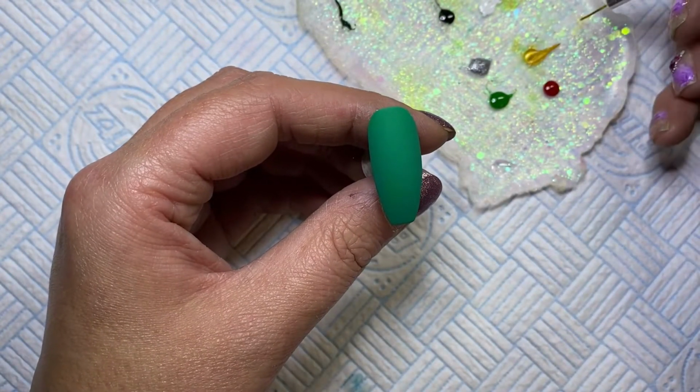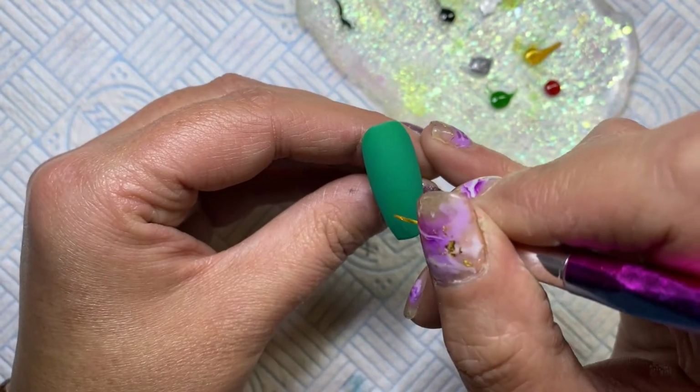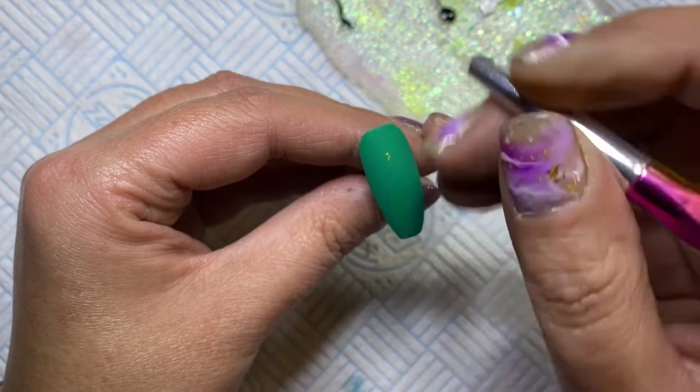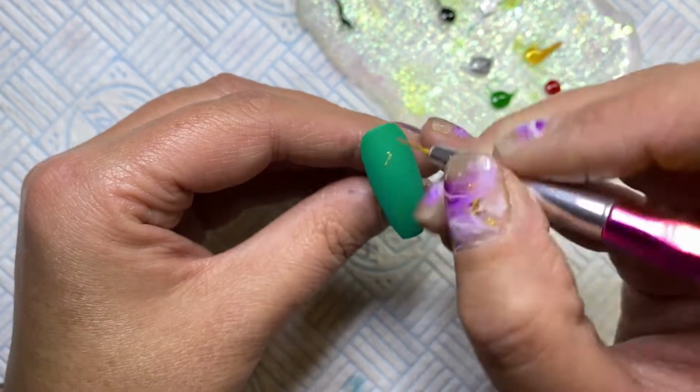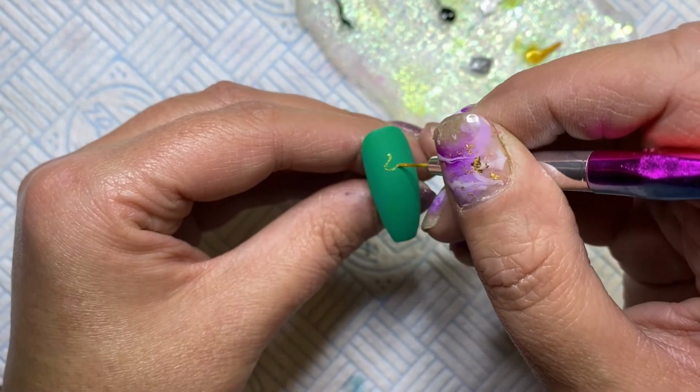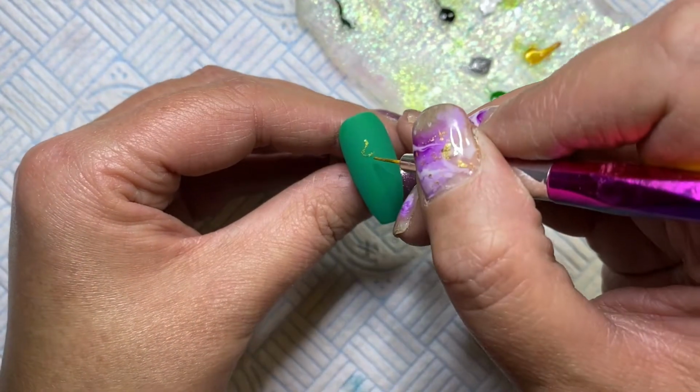So I've used Perfect Green from Madam Glam. I only gave it one coat, it's all it needed. That stuff is amazing. And then I've just gone over with my matte top coat, and now what I'm going to do is I'm going to try and draw one of them Christmas trees that are a swirl. Right, so I've got my gold